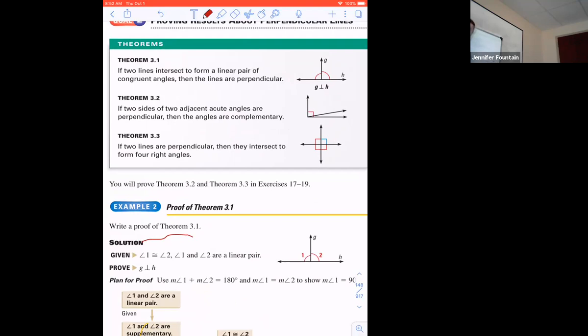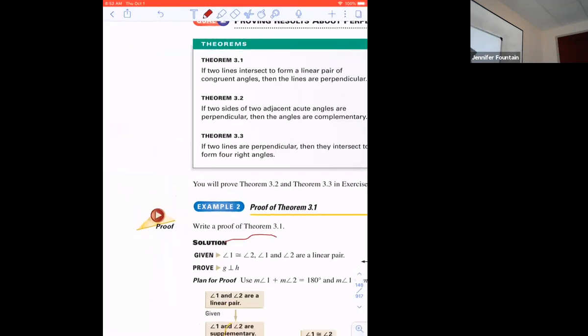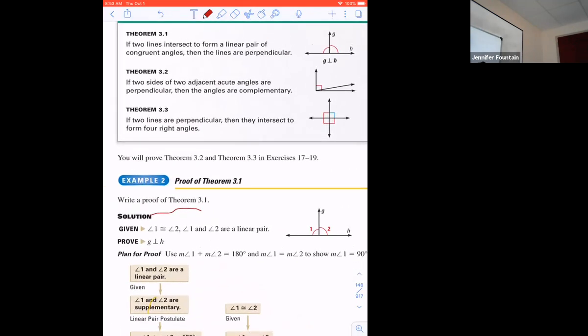Theorem 3.2, if 2 sides of 2 adjacent acute angles, okay, acute means what? Bigger than 90? No, acute. Oh, it's so cute. Smaller than 90. And adjacent means? Across from? Right next to. Adjacent means next door, or beside. If 2 sides of 2 adjacent acute angles, so I've got side-by-side angles that are each less than